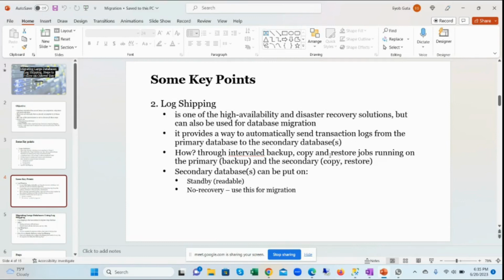When we configure log shipping, on the secondaries we can put those databases either on